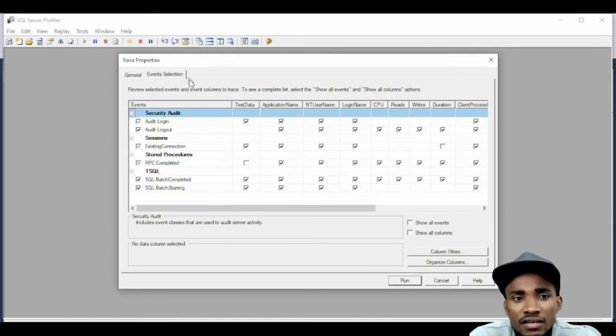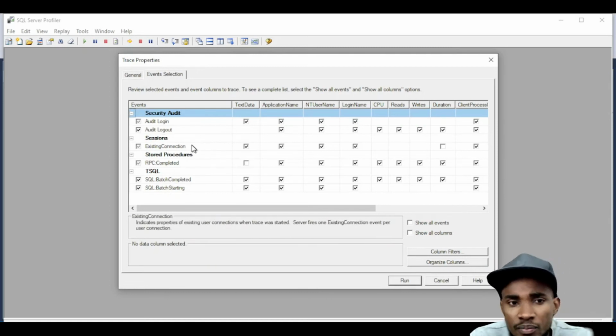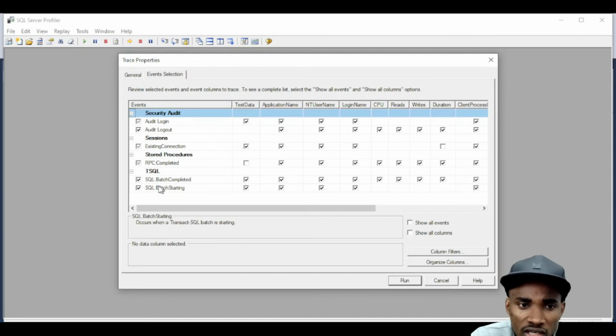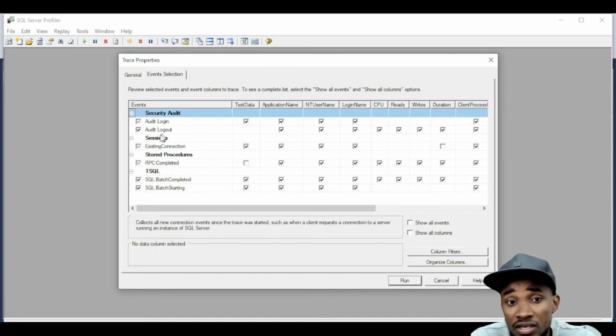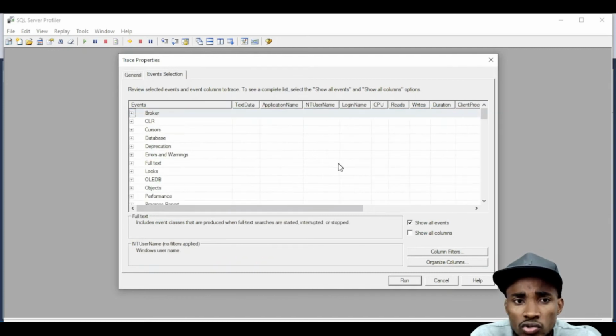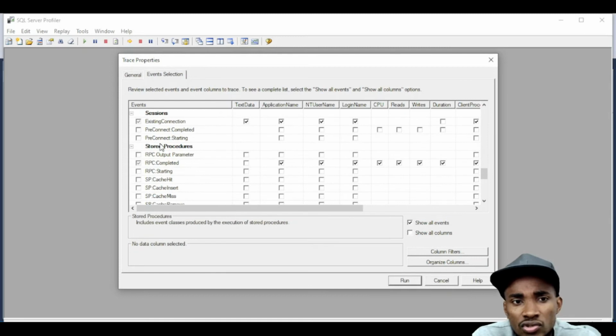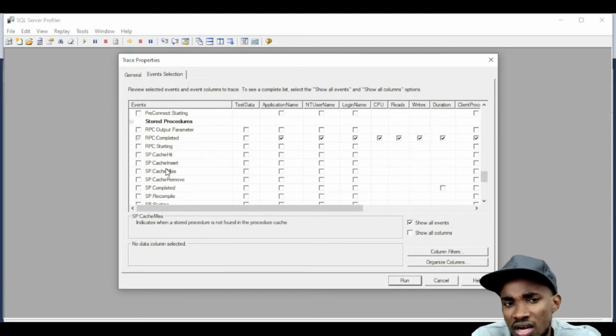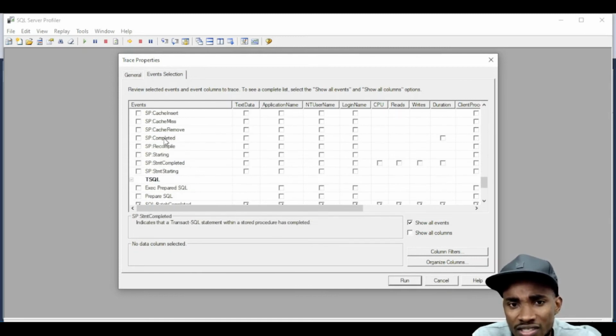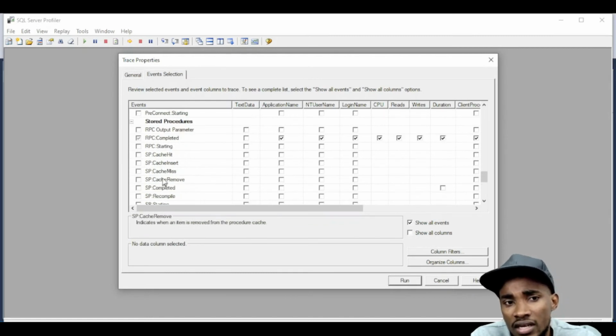Okay, and then event selection is where you can select what do you want to analyze, what information do you want to analyze. But for now, I'm just going to keep it as this, right? And then we can also say show all events. In there is just a lot. Let's say for instance you're dealing with a stored proc, you want to see how optimal your stored proc is and what is happening and everything like that. You can actually start